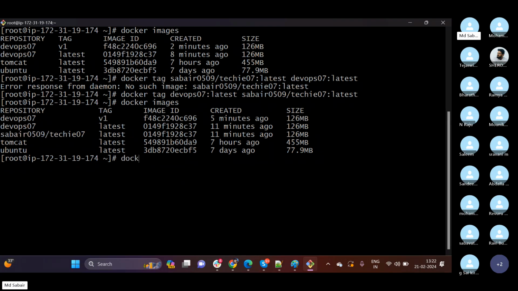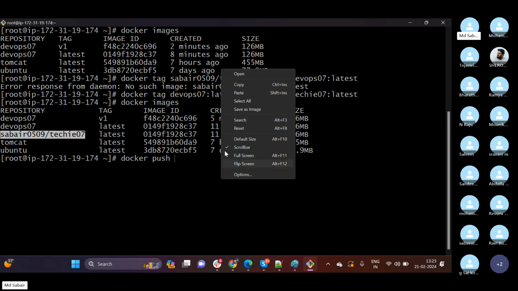How? With the help of the Docker push command. In Git we used to configure the origin, right? That's nothing but the address. In Docker we configure the account name and the repository name. Based upon this only, it will go to that particular account. Okay, so Docker push, which one do you want to push? I want to push this image,